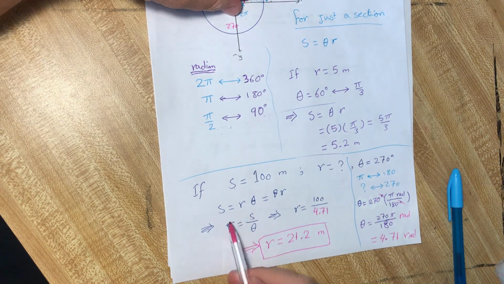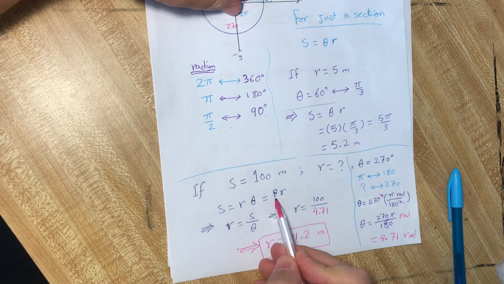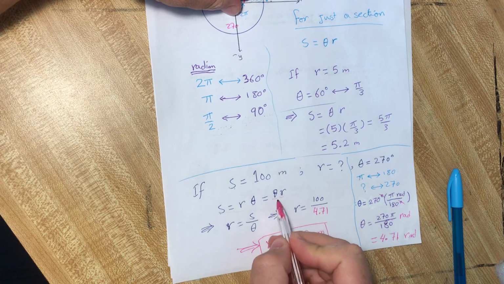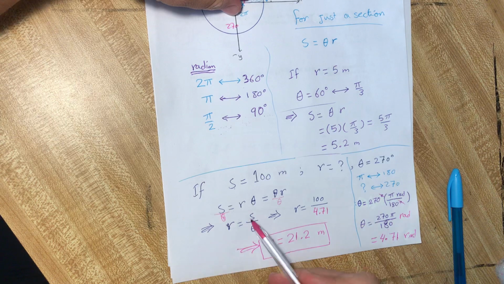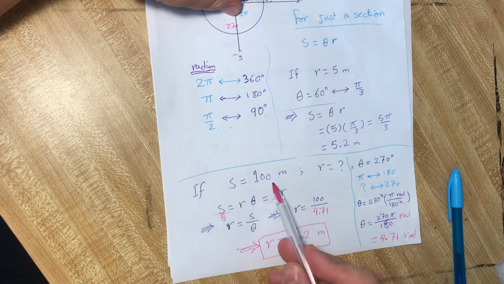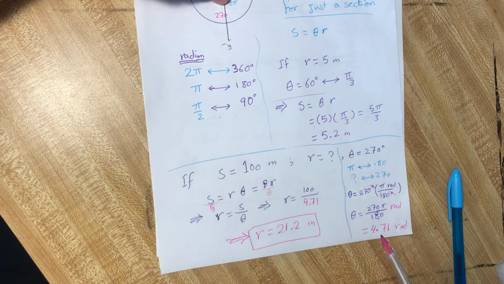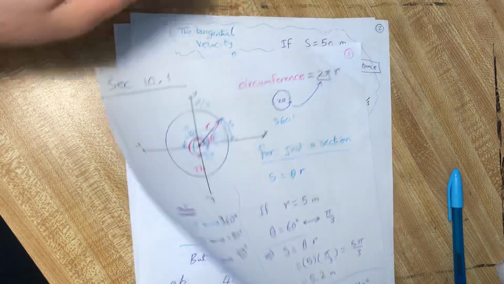Now simply we have S is equal to r multiplied by theta, or theta multiplied by r. We don't know r, so we just divide both sides by theta. Then r is equal to S over theta. S is equal to 100 as given in this example, and theta is found as 4.71. Then the radius is equal to 21.2 meters. Okay, now